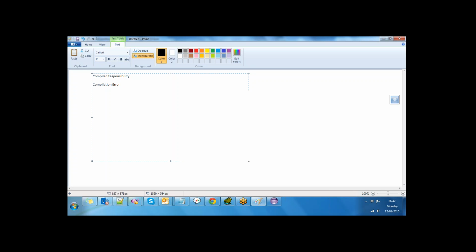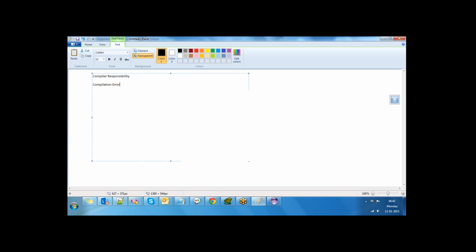It is the duty of the compiler to execute bytecode. Is that right? Rohit, can you read the second statement completely? No, no. It is the duty of the compiler to create. I think you have not written it properly. Suguna, can you tell?